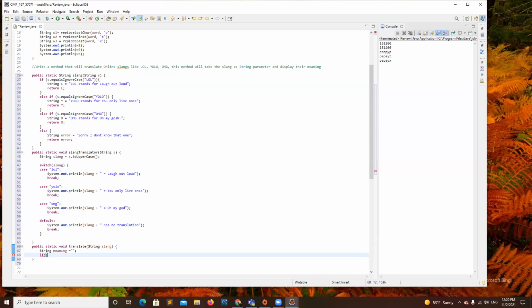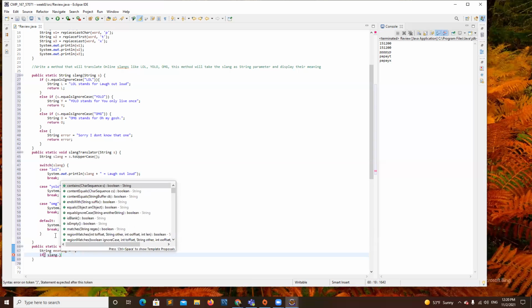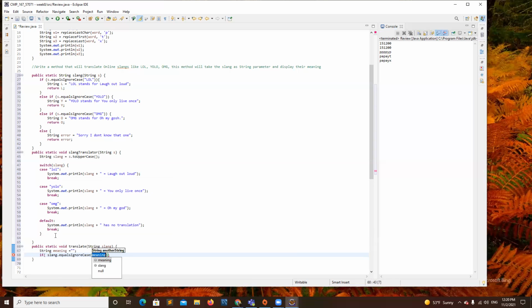If slang equals ignore case, has LOL, meaning it's going to be laughing out loud, semicolon.